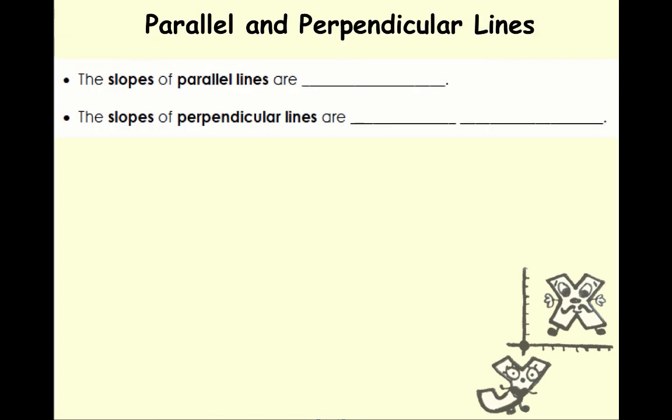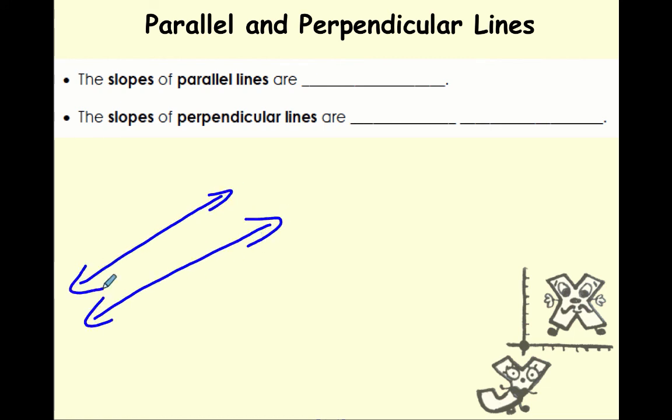Okay, and last but not least, just a quick mention, if we have two lines that are parallel to each other, they're going in the same direction, which means the slope of this line, whatever it is, and the slope of this line have to be exactly the same. So slopes of parallel lines are equal,